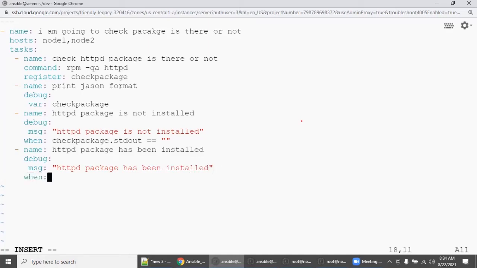When, same, check_package.stdout not equal to null. I'm just showing you those four possibilities of how you do this. So if it is not equal to null, that means there will be some package name there. In that case, the package is there.